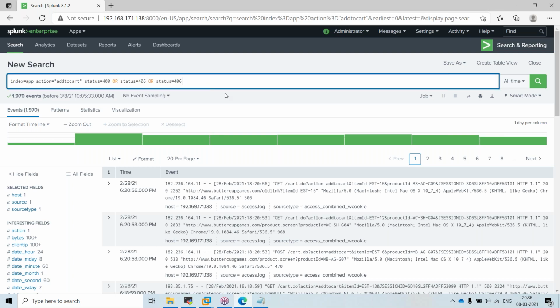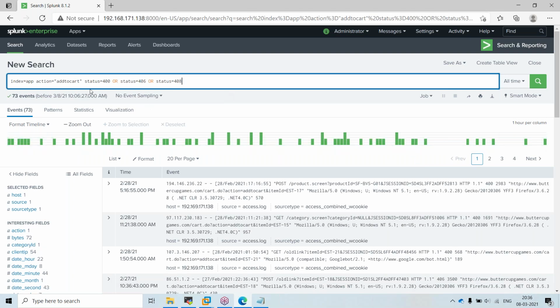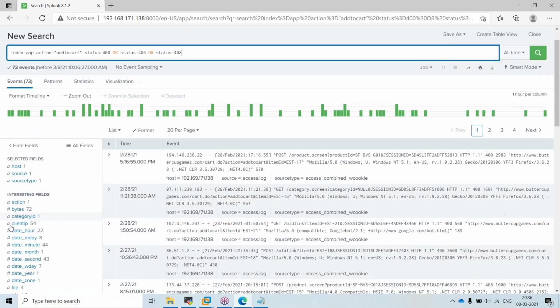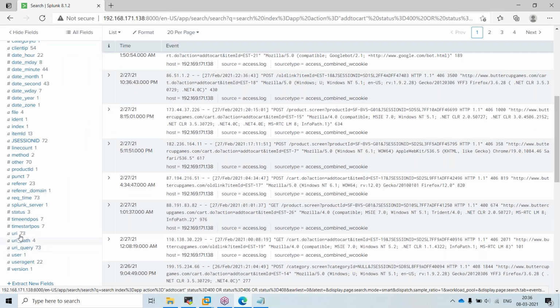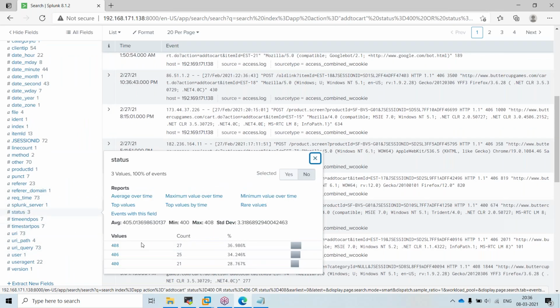So I have to give something like this. Then it will display only 400, 406 and 408 errors, which are 400 series. But this is a bad idea. So if I have something like 410 or 412, it won't detect.